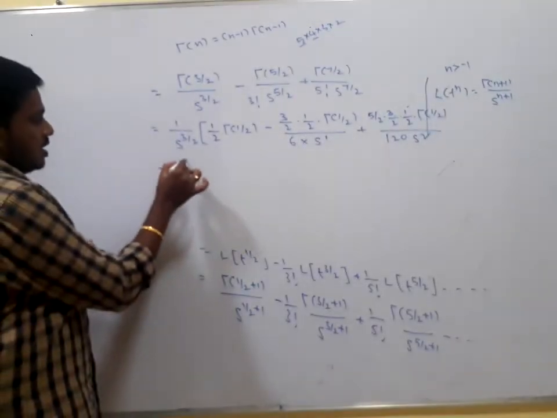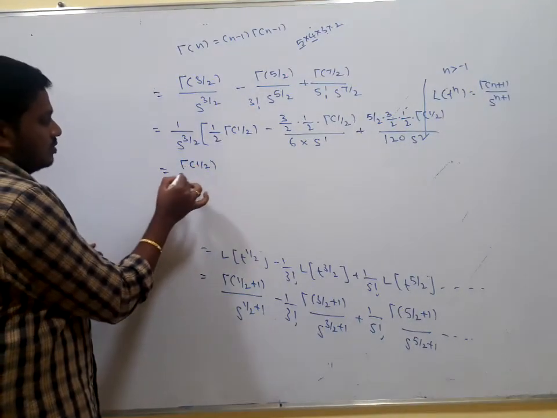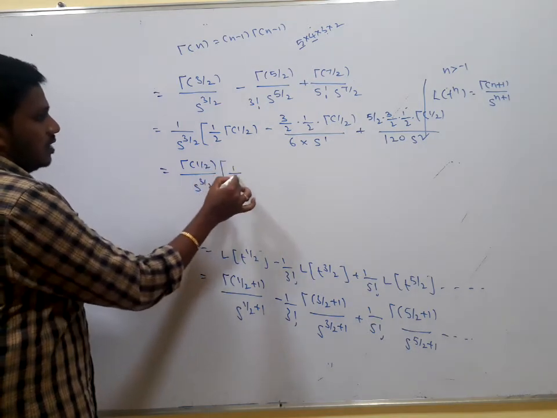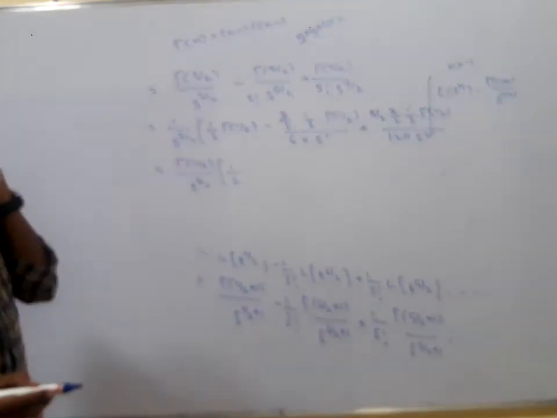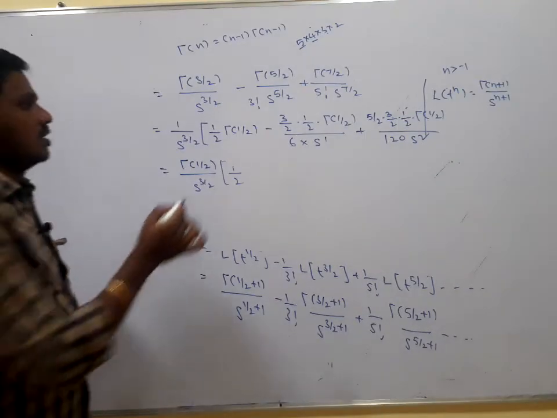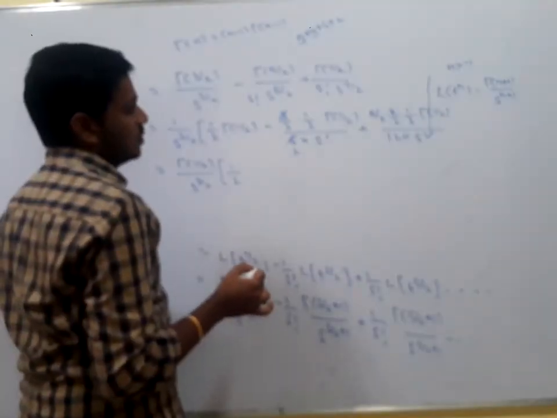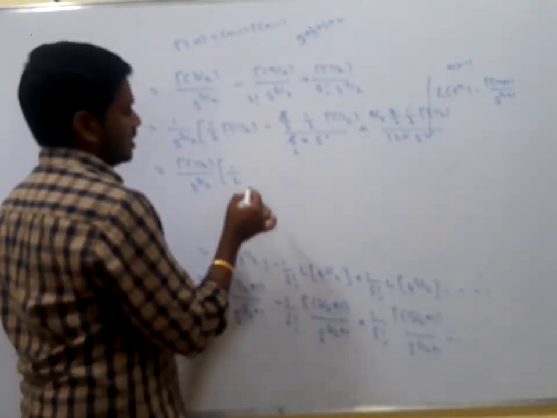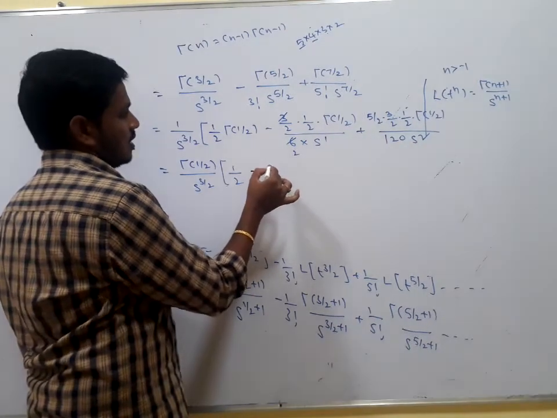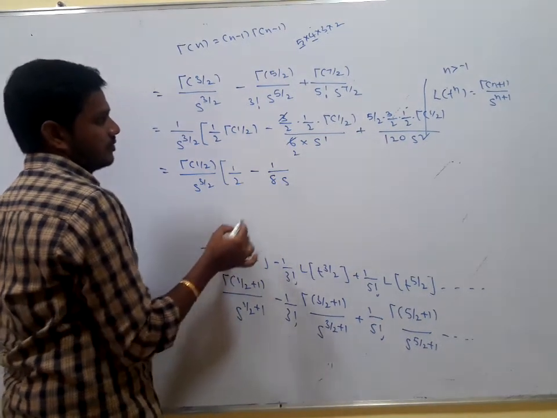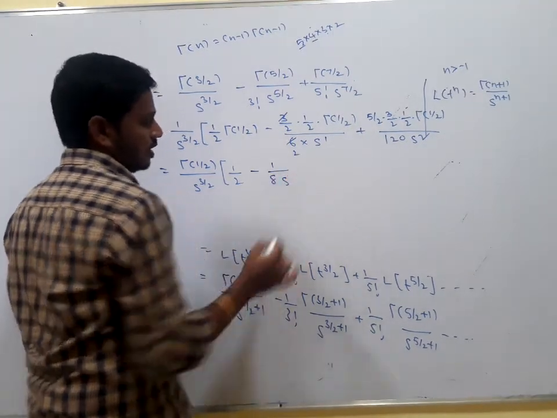gamma of 1 by 2 by s to the power of 3 by 2 into, we have 1 by 2 here. Next 3 by 2, the 3s get cancelled. Here it is 3 twos are, so we have 2, minus 1 by 8 s plus 120. If you are writing,